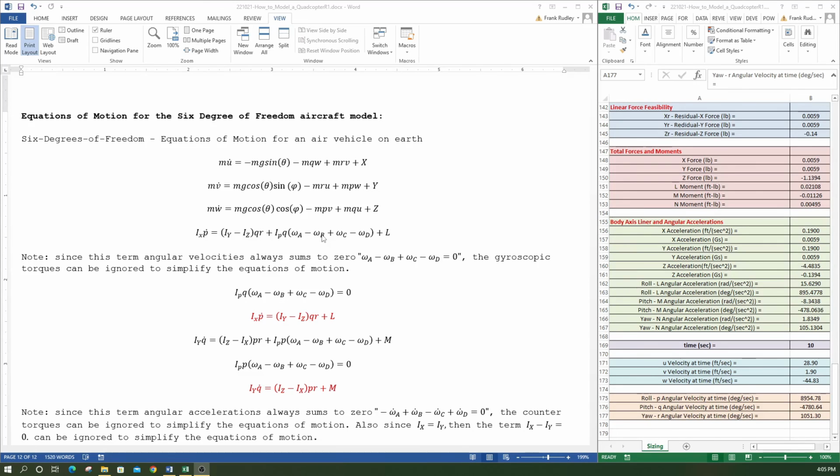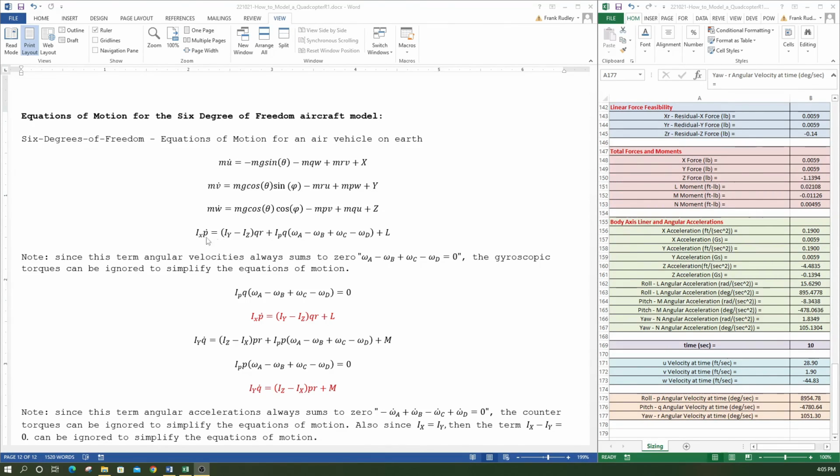But in this quadcopter, they all cancel out. Note that since this term, the angular velocities, always sums to 0,